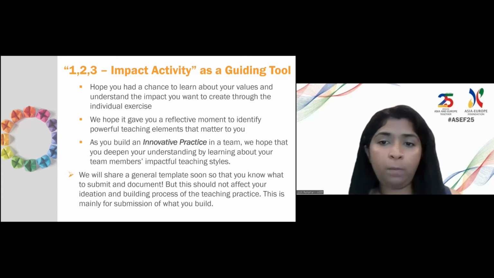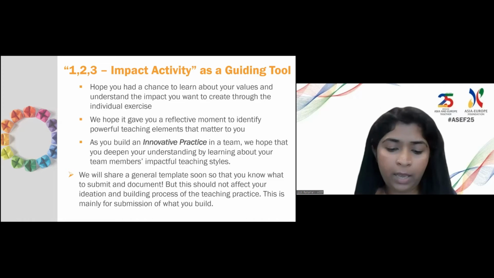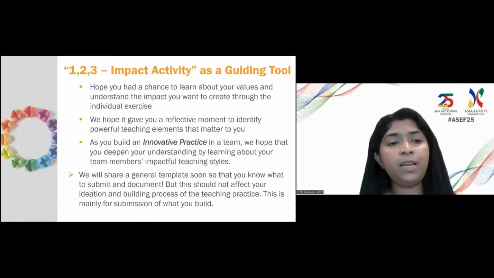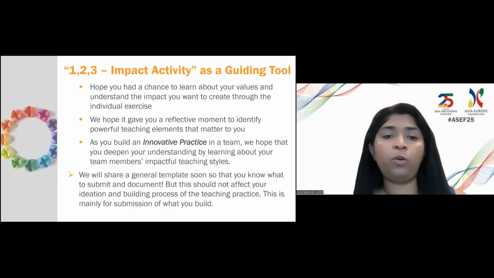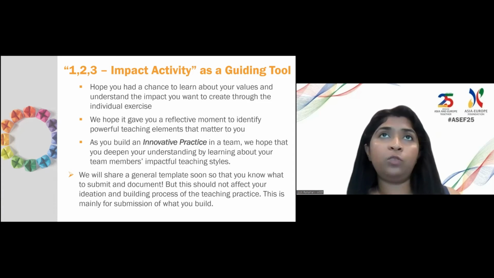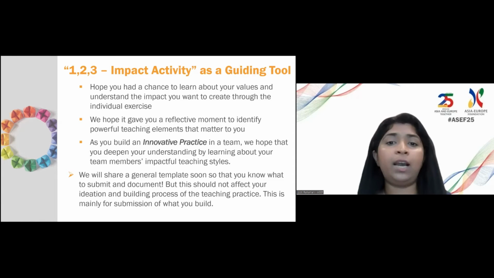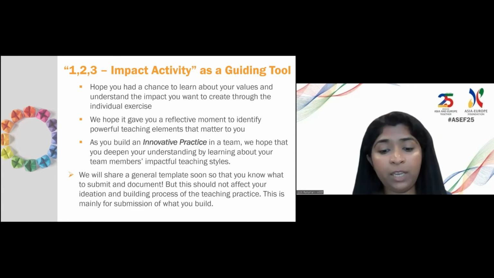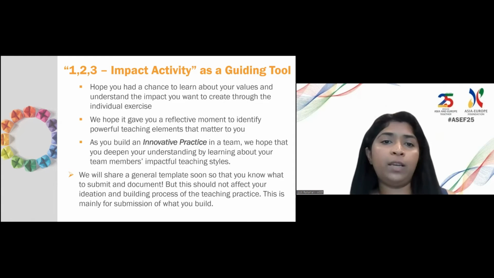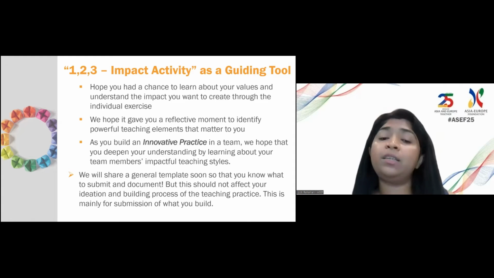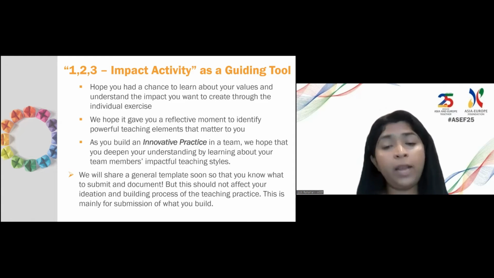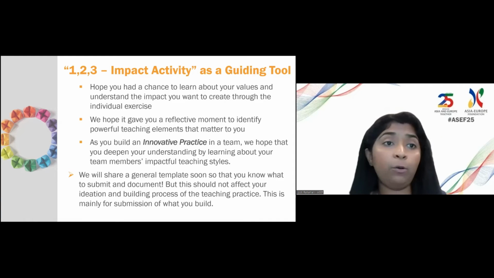And together with Chorpang and Adam, we will be working on a template, basically mainly for reporting purposes. So at the end of this school collaboration, when you submit to us the type of innovative practice that you have built, we want to know what it was. We want to hear about the key activities you carried out or plan to carry out, or the key outcome the practice you designed contributes to. We want to know all that.